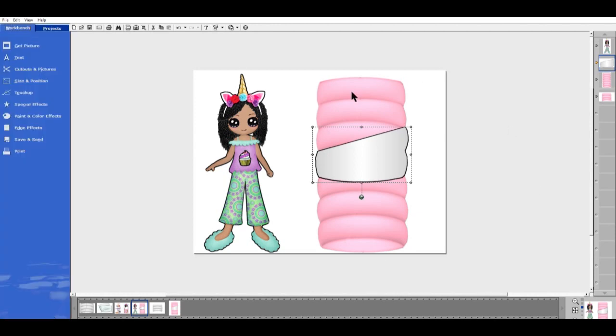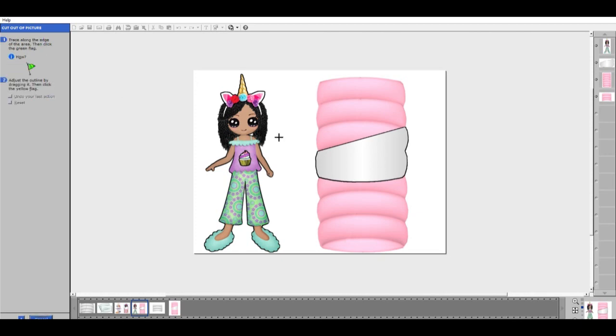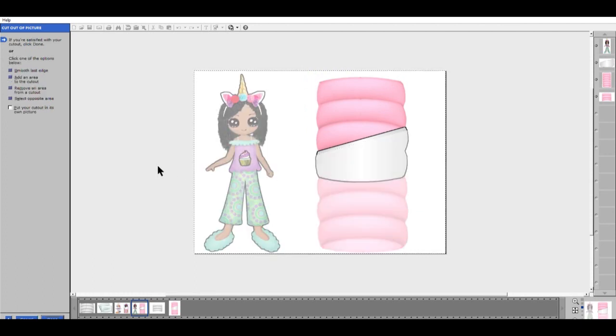Click Done. Now for this part, I want it to be smooth so that it looks like it's the inside of the sleeping bag. So all I'm going to do is go to Cut Out of Picture by tracing on my own, and I'm just going to start here because it doesn't really matter how much of that gray or silvery part I get in there, because this is going to go behind it anyway. So I cut that piece and I'm going to hit Done,